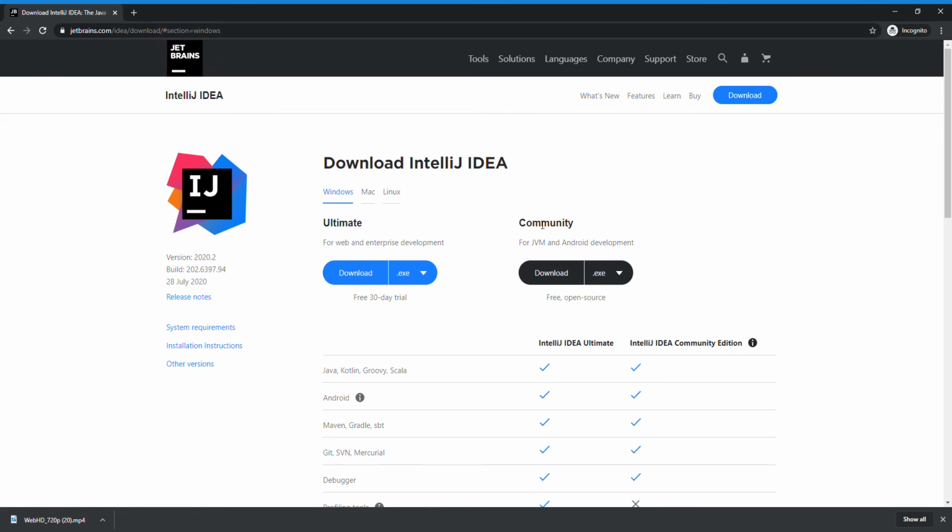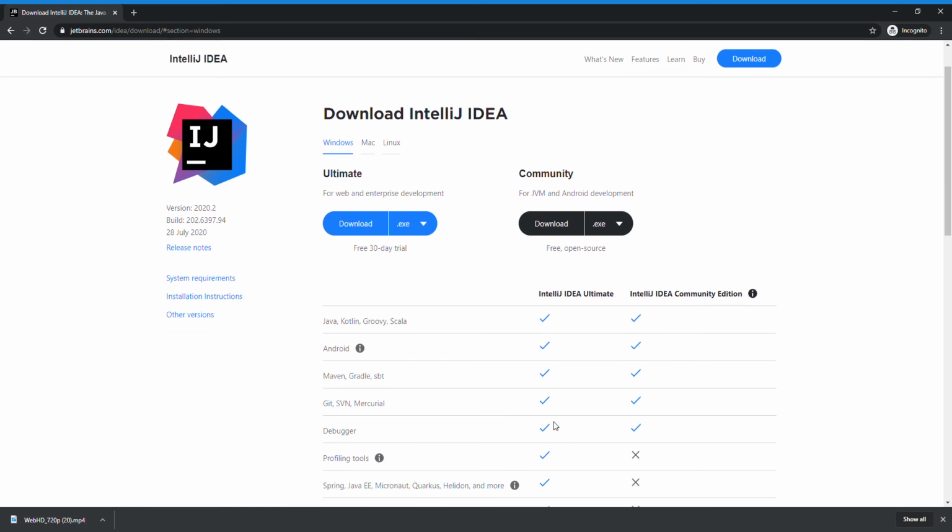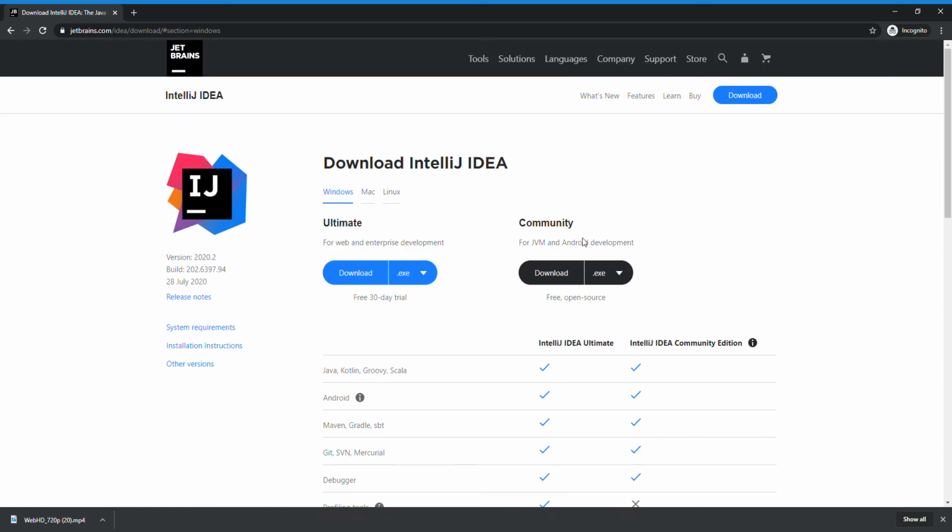So Ultimate or Community Edition. The Ultimate Edition, it costs. The Community Edition is free. We will be using the Community Edition as it's free and it does everything we need it to do. So you click download. I've already got it on the computer, so I'm not going to be going through